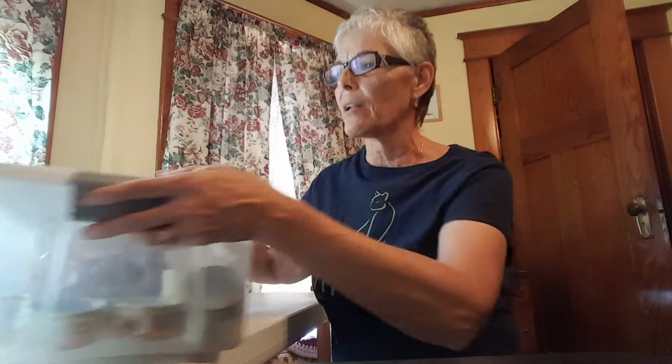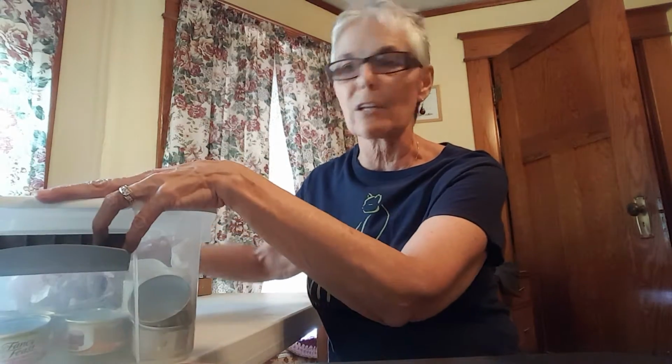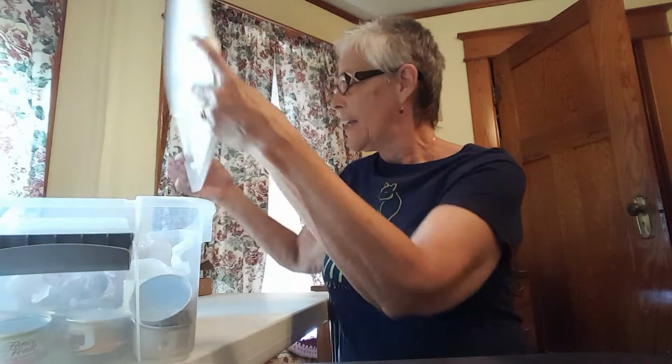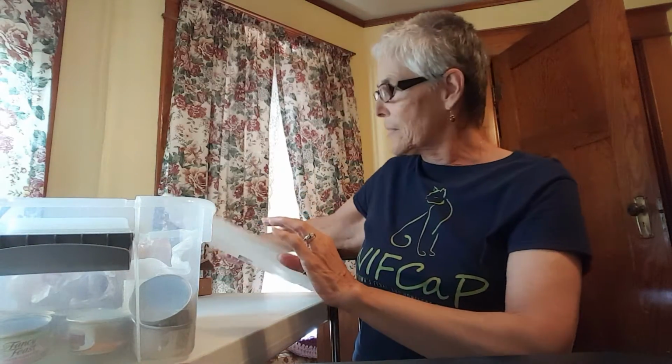The reason I put together this box is because I would head out from home and virtually every time forget one or two things. So I put together this little bin, and I just thought I'd share with you today what goes in it. You can see how big it is. You can get them anywhere at any discount house. You probably have one in your attic or basement that you're not using, or you could throw away whatever's in it. It needs to have a lid that stays on well,